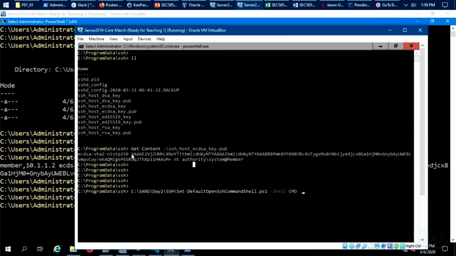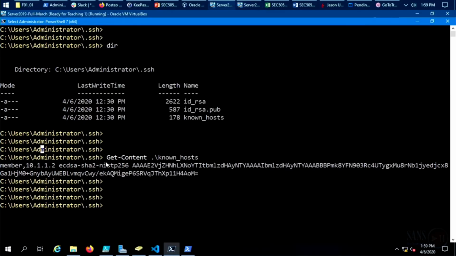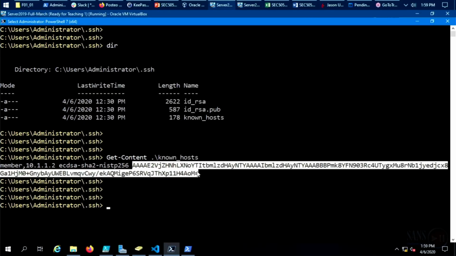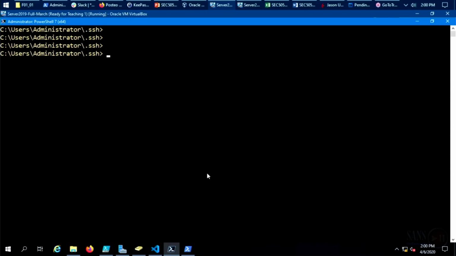And again, we can see it begins with the four A's and it ends with AOM equal sign. If we were to go back and do the work, we would see that this long string right here, the host key on the server, is what matches this host key in my local known hosts file. So if I delete that file, which is what we did in the lab, and I SSH back to that machine,